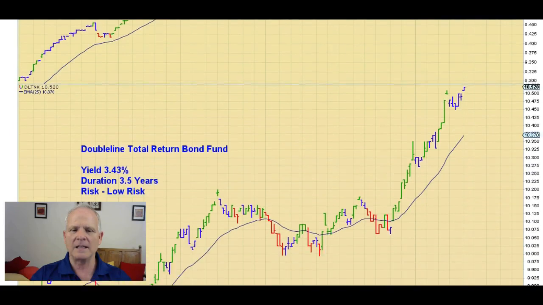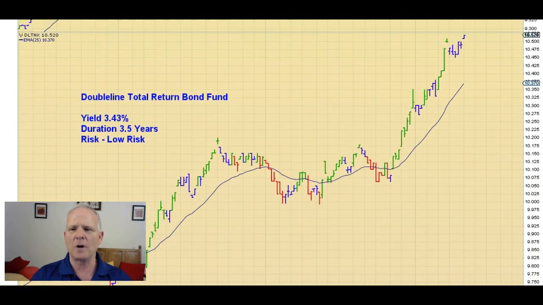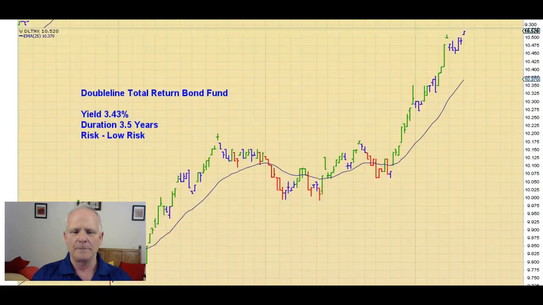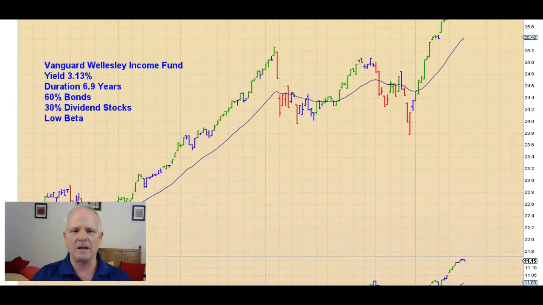Let's take a look at the DoubleLine Total Return Bond Fund. It's also been going up. You can see it can fluctuate a little bit depending on market conditions, paying 3.43%, duration 3.5 years. So you can see going out longer term is not a lot of advantage over the short-term duration fund here with 3.38%. And then the Vanguard Wellesley fund is yielding 3.13, but it does have 30% dividend stocks invested in